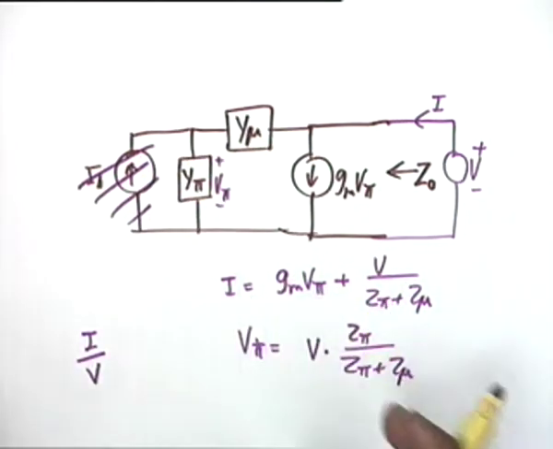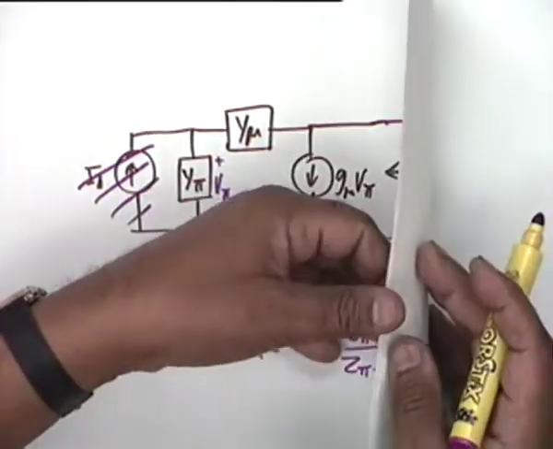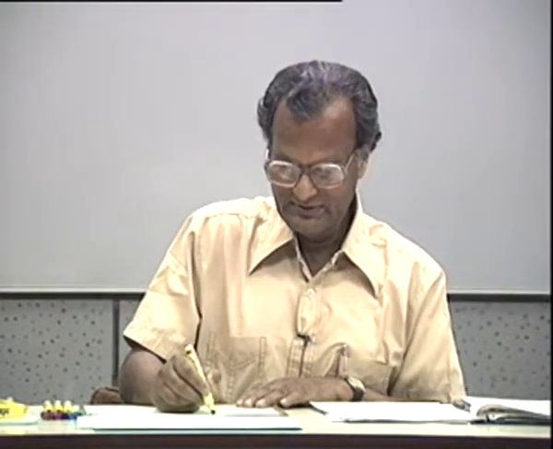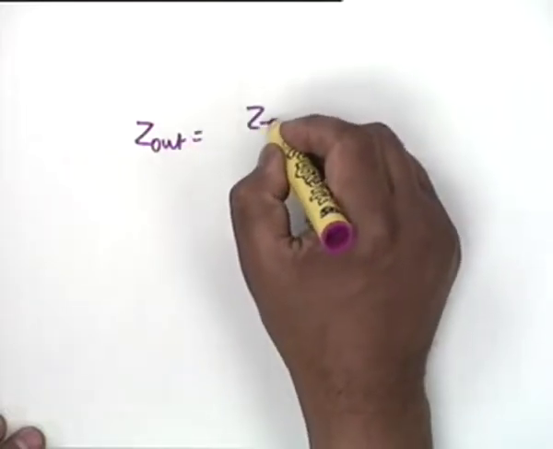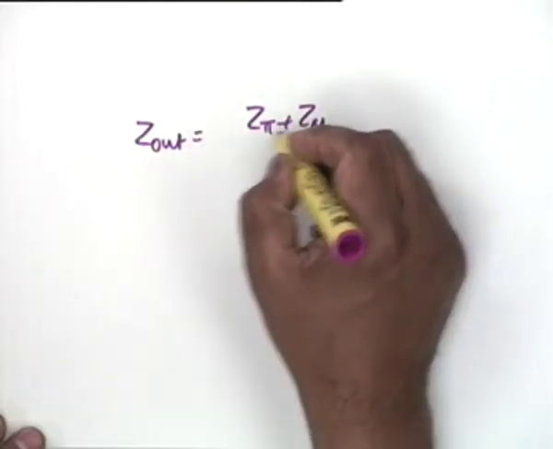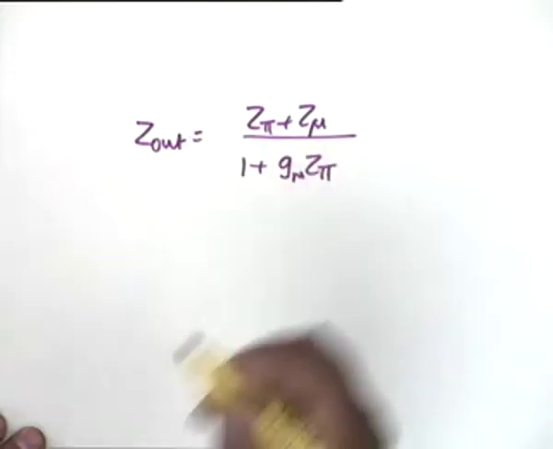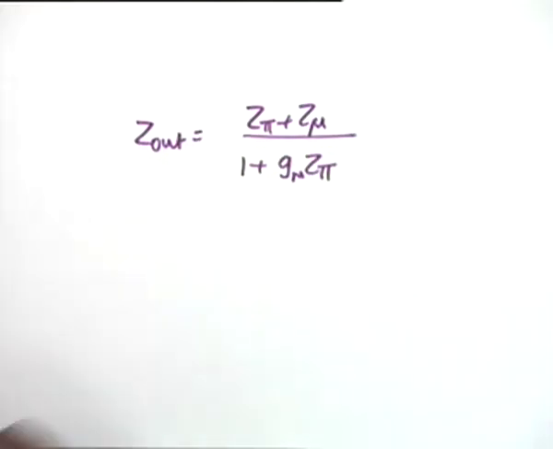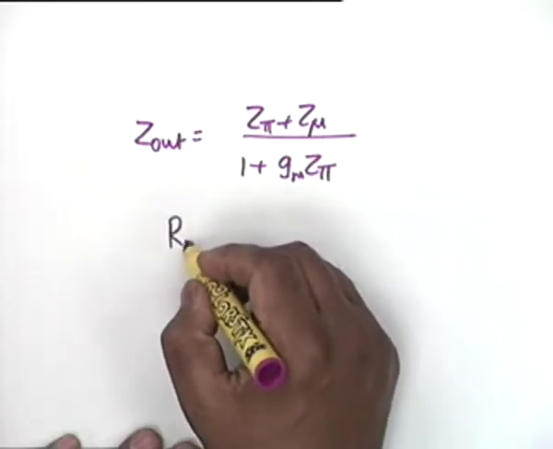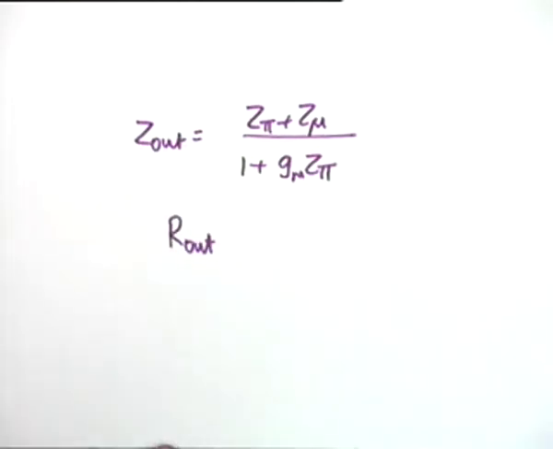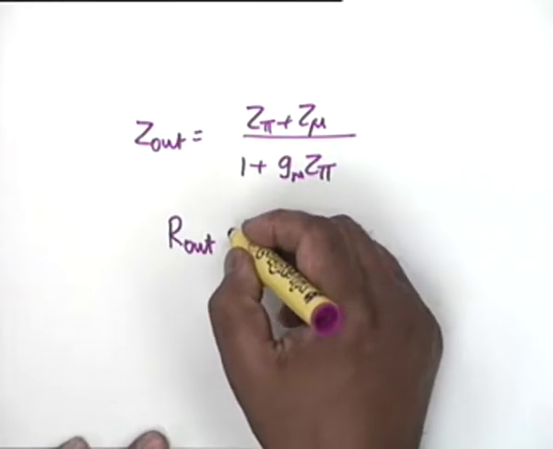Agreed? Are the steps clear? The expression that you get is the following. Z out is equal to Z pi plus Z mu divided by 1 plus Gm Z pi. This is the expression that you get. And obviously the midband value R out shall be equal to,